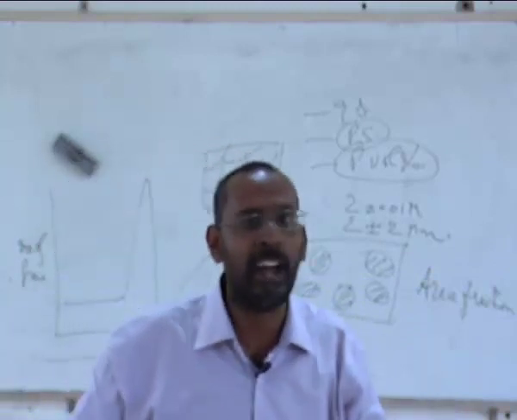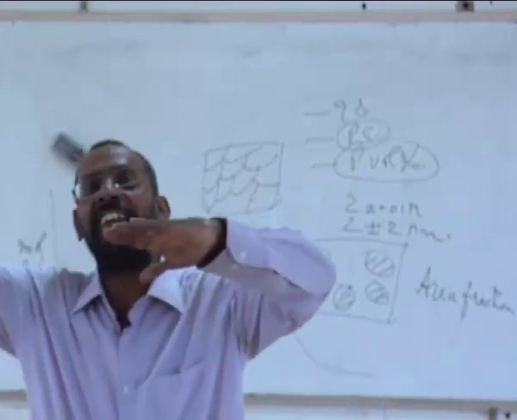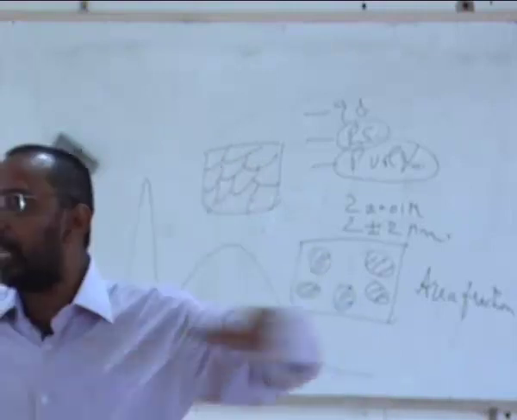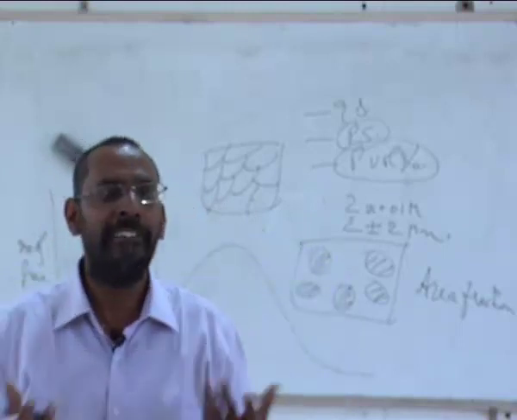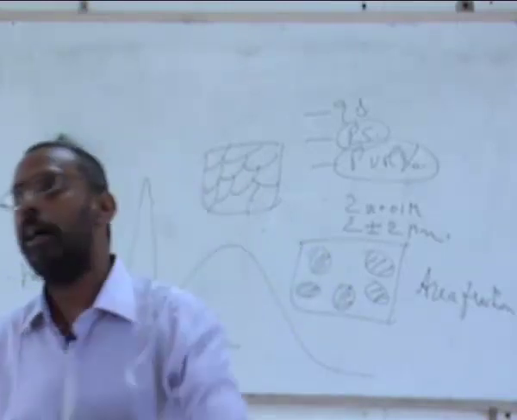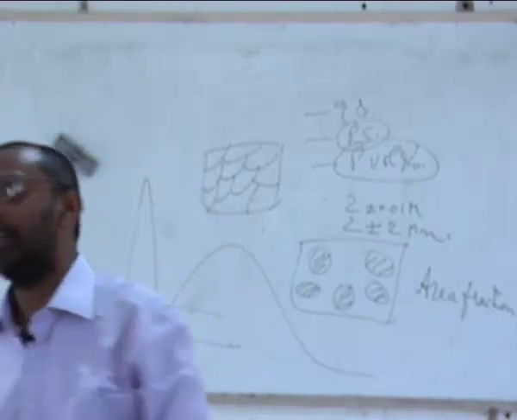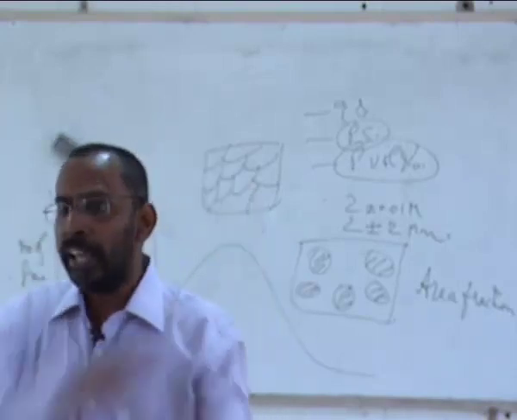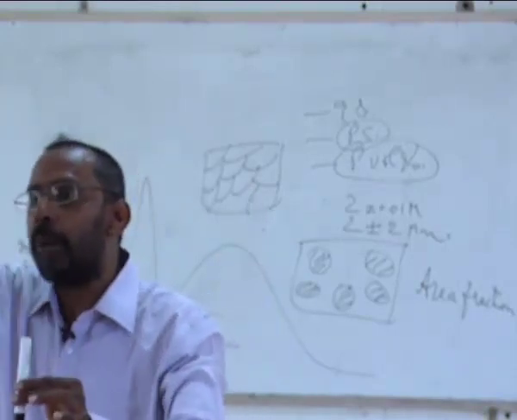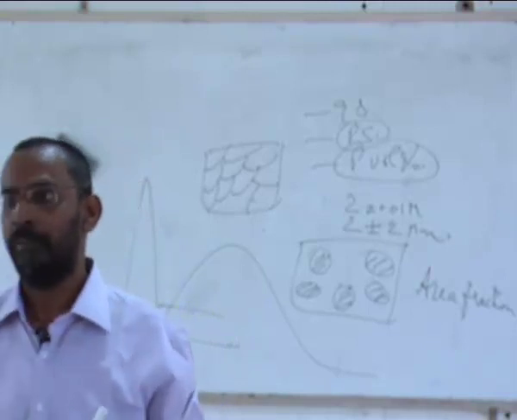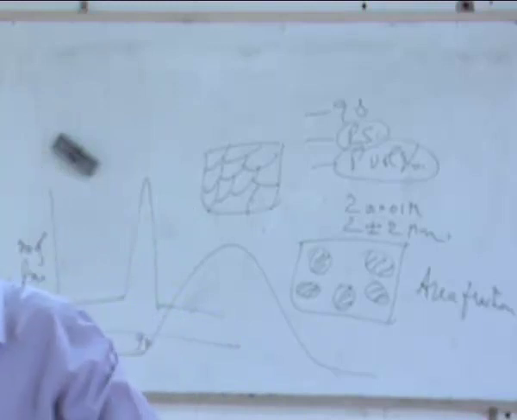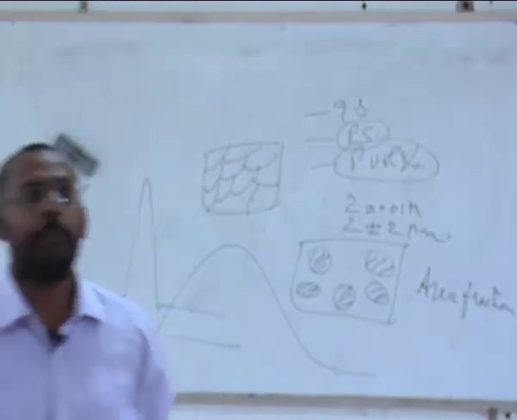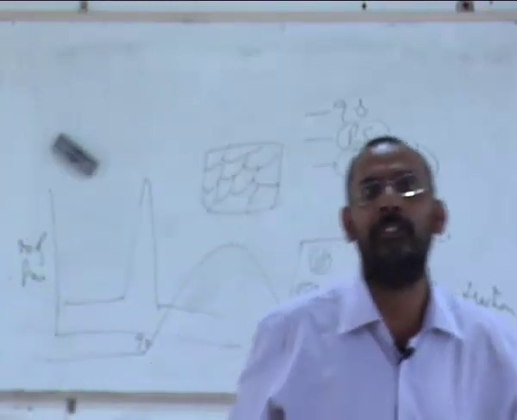If the particles are elongated, depending on how my sectioning is, whether I am cutting it parallel to the particle or perpendicular to the particle, I see different shapes. If they are elongated particles, let's say rod-like particles, and I section it like this, I look at them as spherical particles. If I section it like this, I look at them as elongated needle-like particles. And depending on which section I am looking at, I will see different things.